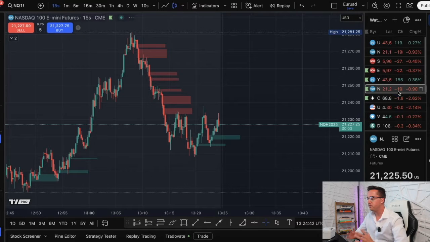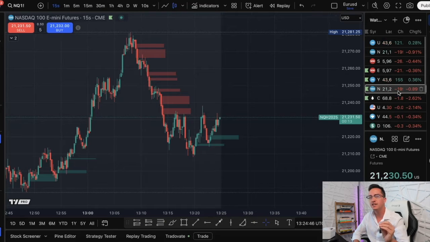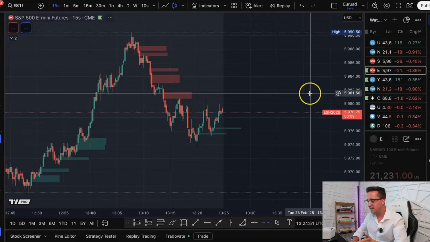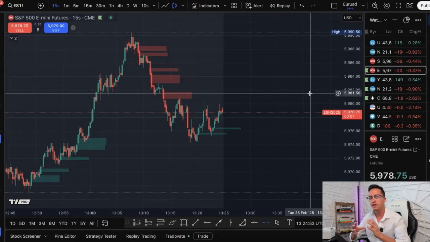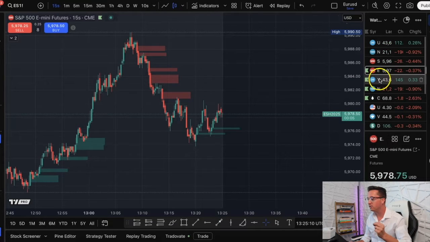So I like to mainly focus on NASDAQ. I really like the technicals of NASDAQ, but I'm going to give you guys a little hack right here. NASDAQ and ES, the S&P 500, they correlate pretty similarly, meaning that the market structure and the patterns that are printing on the chart are pretty much going to be the same on ES and NQ. So with that being said, I focus on ES sometimes, but what I do a lot of the time,